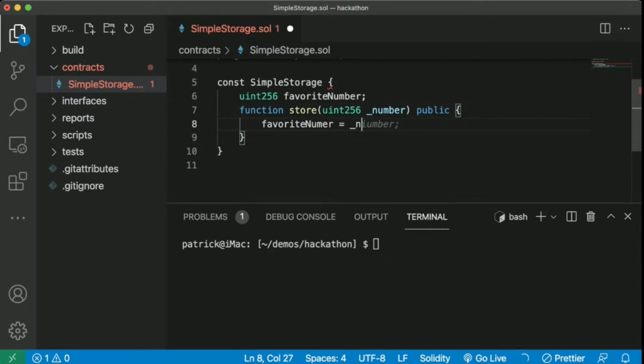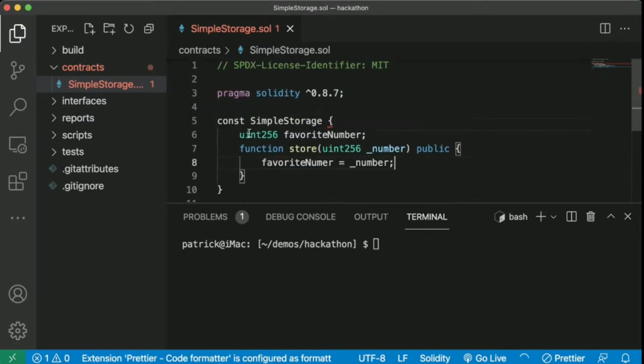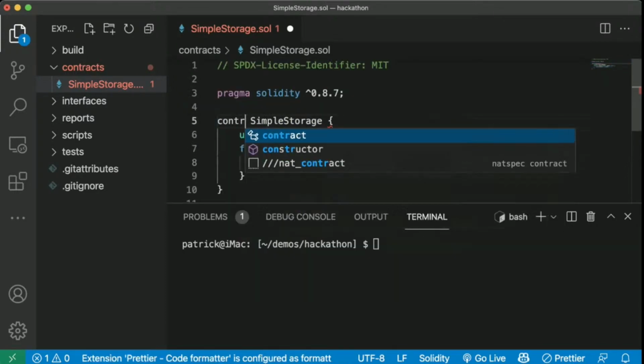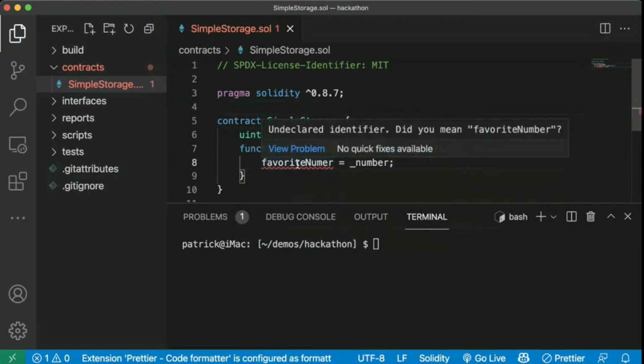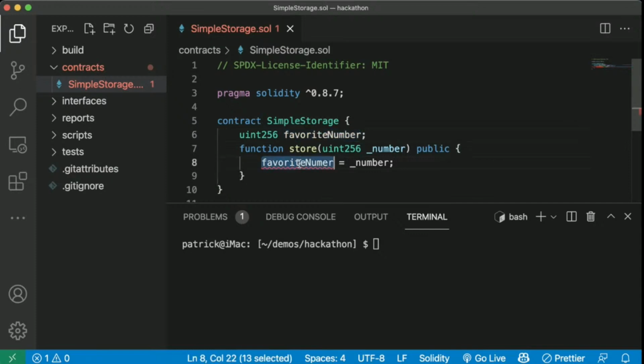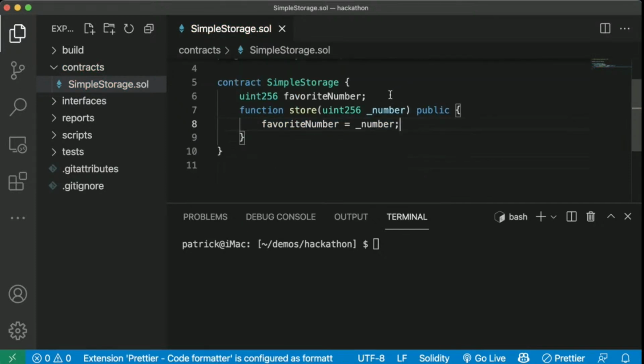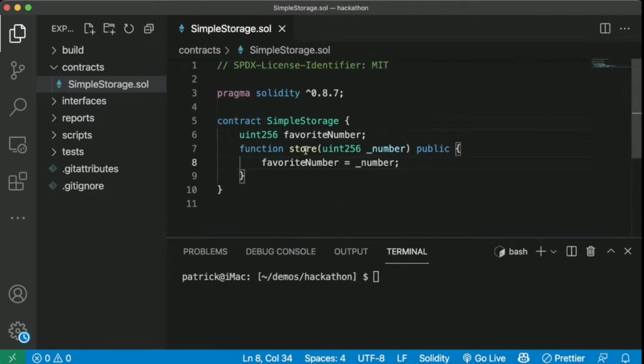So what this contract is going to do so far, we have an internal variable called favoriteNumber. We have a store function, which will update this number based off whatever number we give it.